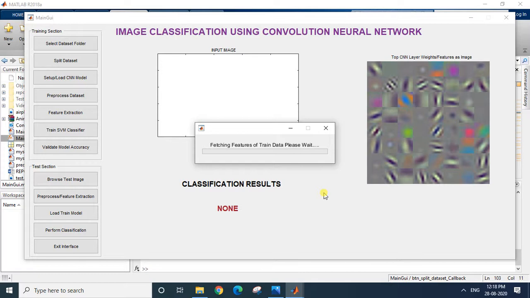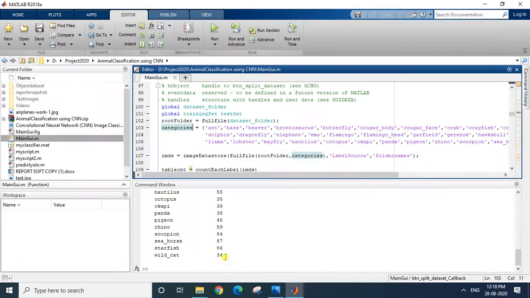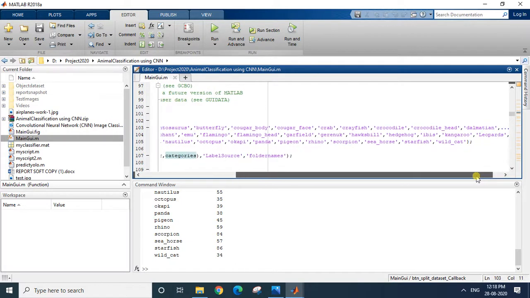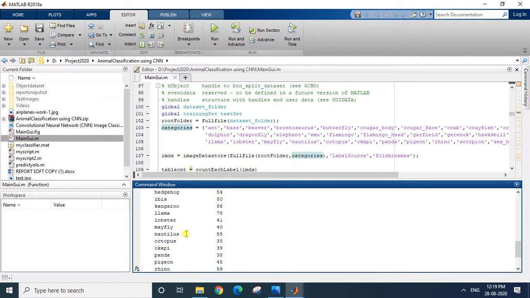Okay, it's taking more time because I have taken a large dataset. I have considered more than 50 different species, and you can see it is displaying how many images each species has.